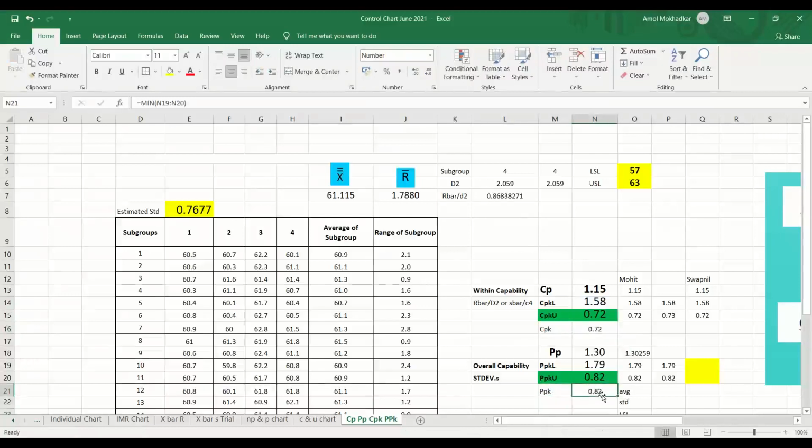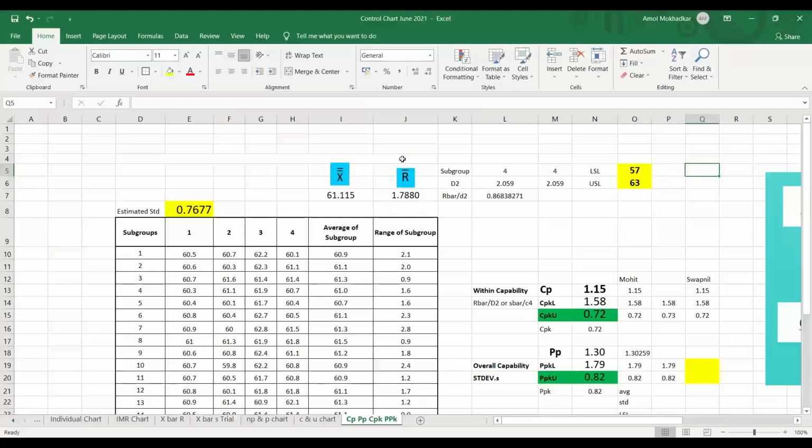It can clearly show you where your process is located, whether it is toward the upper side or the center, because you see this 61.115, your average is more towards the upper specification limit. What is the target average of this process? It is 60. So it should be near 60.